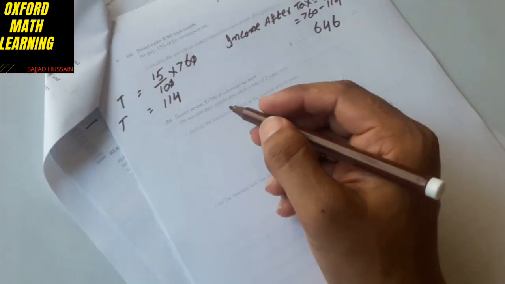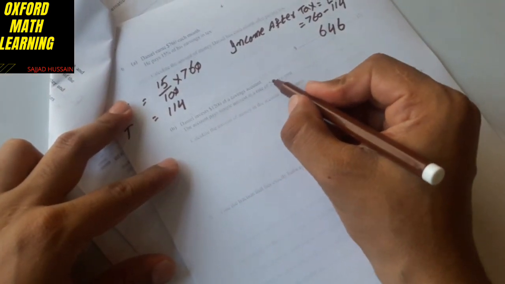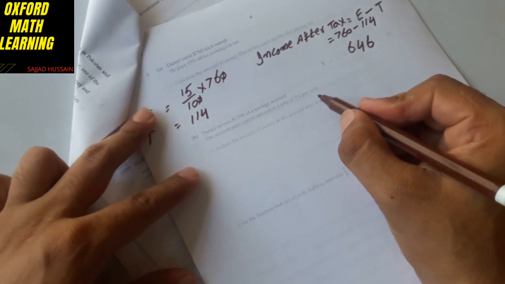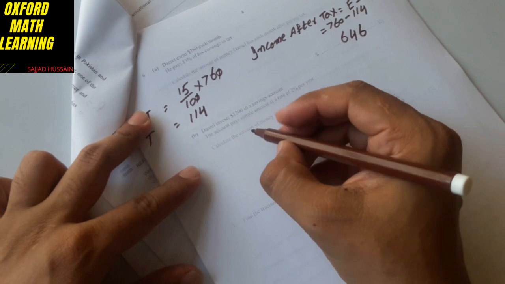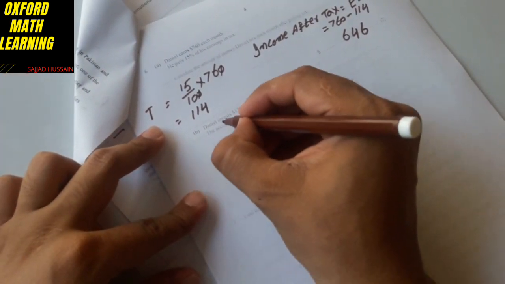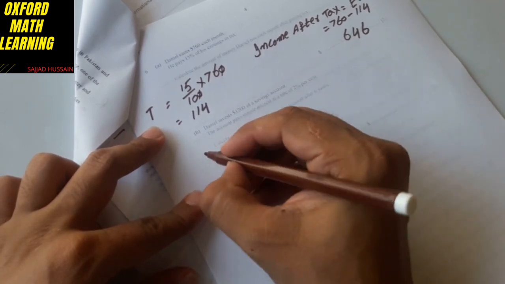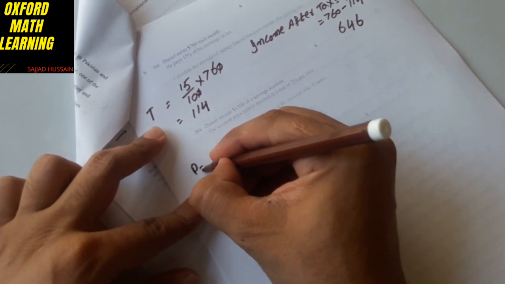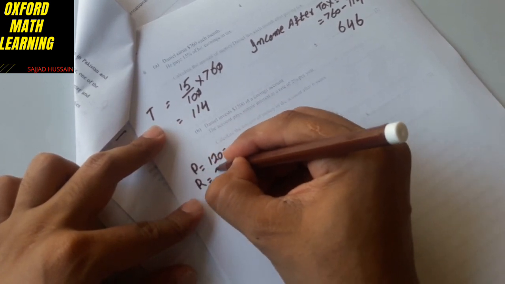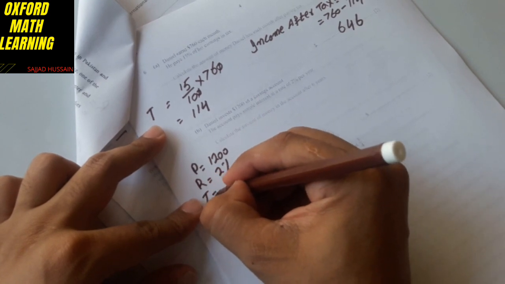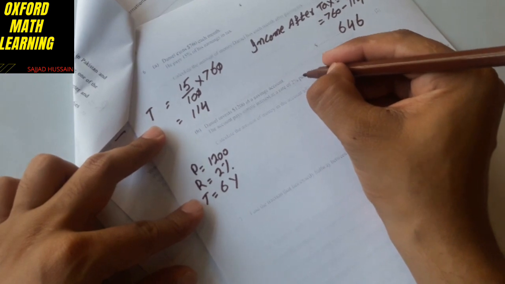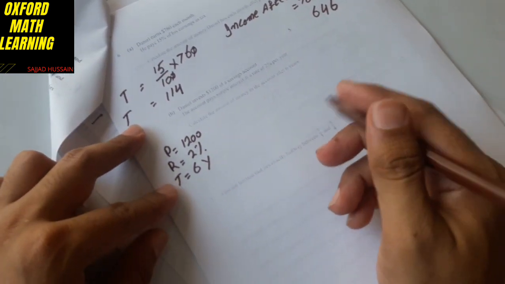646. In question B part, Daniel invests 1200 in a savings account. The account pays simple interest at a rate of 2% per year. So calculate the amount of money after 6 years. So the principal amount which he has invested, the original amount, principal is 1200, rate is 2%, time is 6 years. Time is in years, percentage rate is in years,